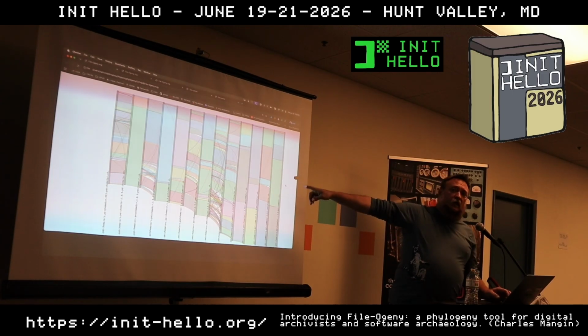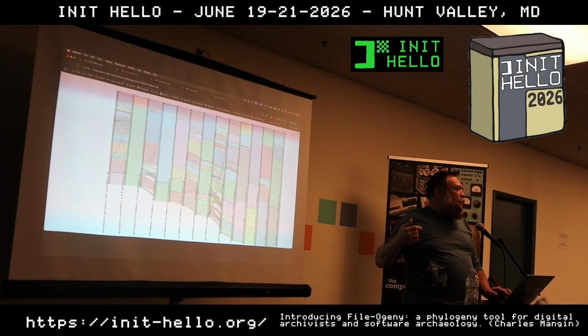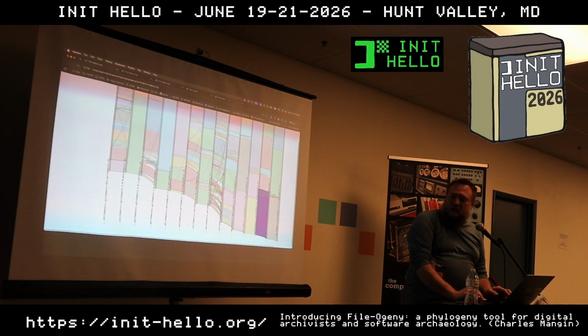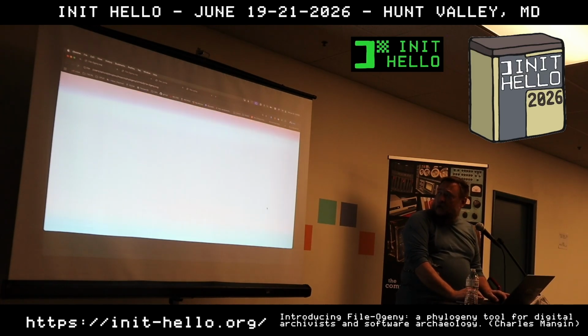In this case, a bash shell program I use called Patchomator that I wrote that automates software updates and patches. And you can see how the script has evolved over time, gotten bigger, rearranged, et cetera, et cetera. So it works on text files, really good for tracking through changes of source code, but it also